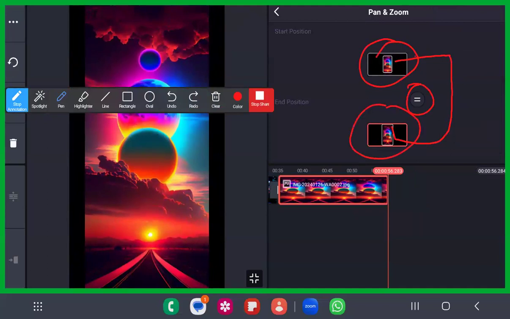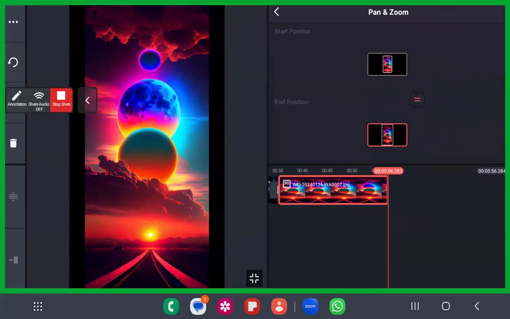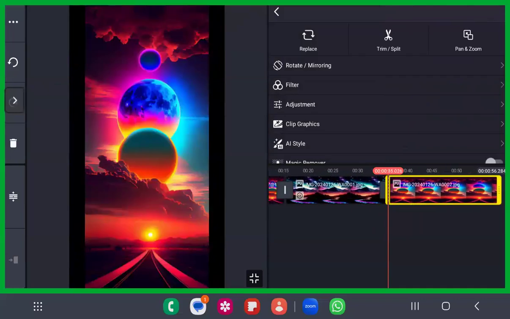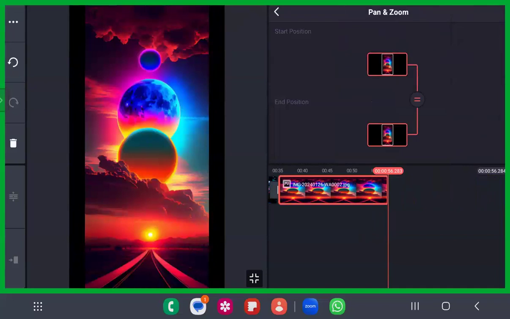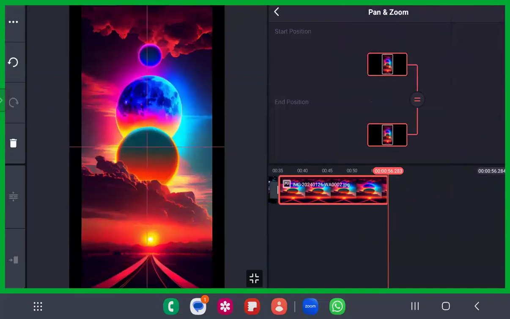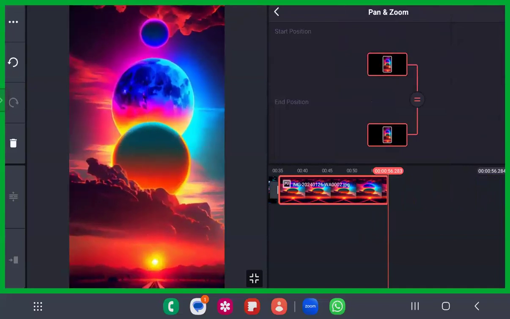If you apply that, then it will be a stagnant photo and it won't move. If you click on this and see, it won't move. Now it will be a stagnant photo. See here, if this is this much, till the end of it, it will be this much itself. For example, if I give the starting position as this much, till the ending position, it will be the same.